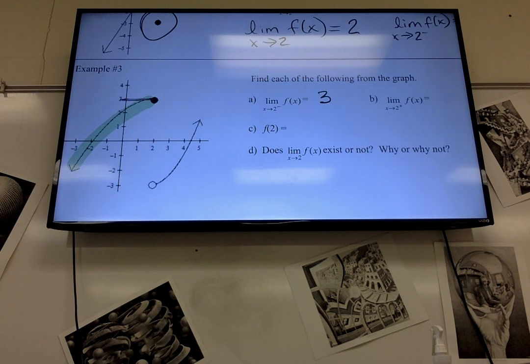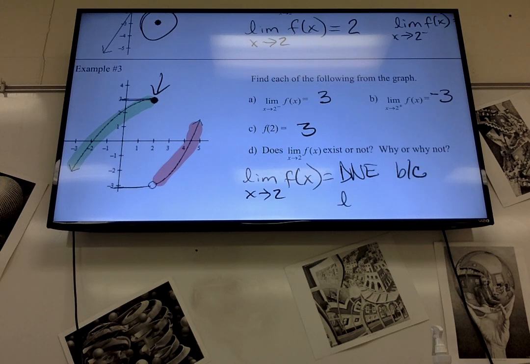Okay, what about the next one, Daniel? -3. Yeah, it's down here, so we'll change colors. Approach it from this side. It's down here, that's -3. What's f of 2? 3. Yeah, it's right here, because it's a filled-in dot. So does the limit exist? No. Why not? Because it's not equal. Yep. The limit of f of x as x approaches 2 does not exist